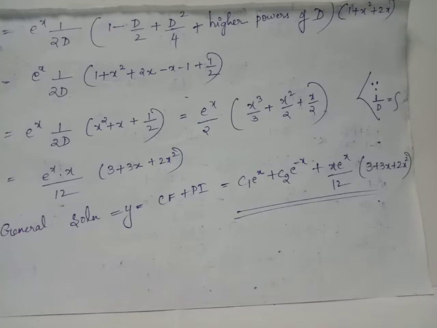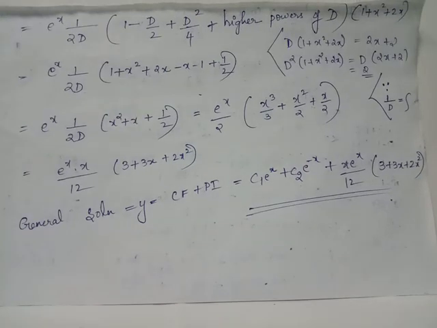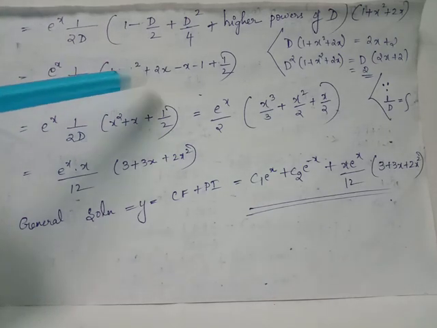1 into 1 plus x square plus 2x will give itself as the answer. Capital D by 2 acting on 1 plus x square plus 2x will give 1 by 2 times the derivative of 1 plus x square plus 2x. Similarly, capital D raised to 2 by 4 will give us 1 by 4 times the second order derivative of the input. Derivative of 1 plus x square plus 2x equals 2x plus 2, and D square acting on 1 plus x square plus 2x will give the derivative of 2x plus 2, which is 2. On simplification, we have 1 plus phi of D the whole inverse acting on 1 plus x square plus 2x will give this expression as the answer.